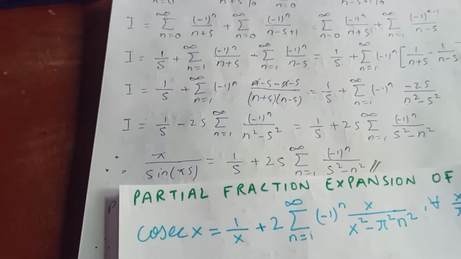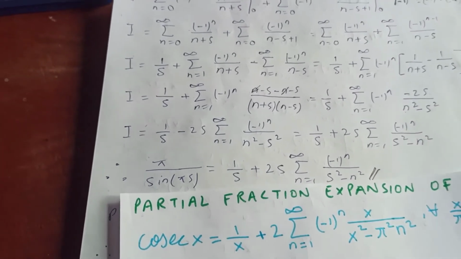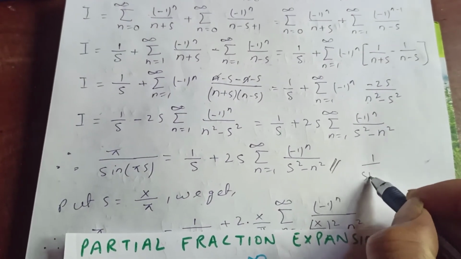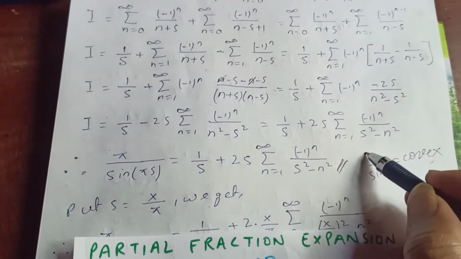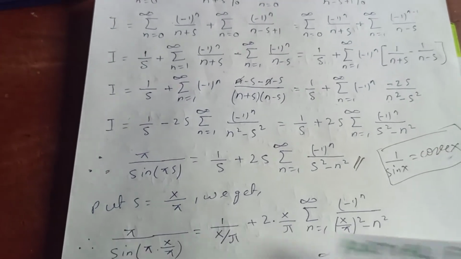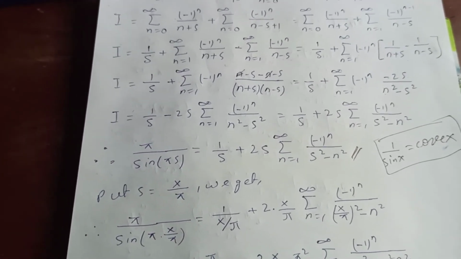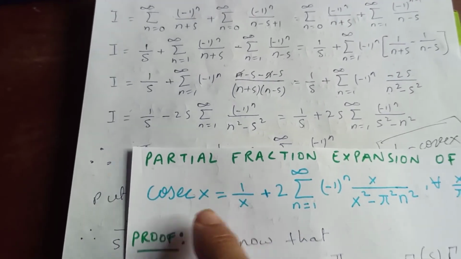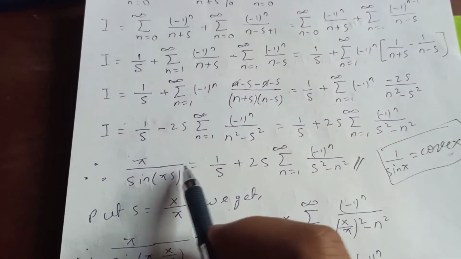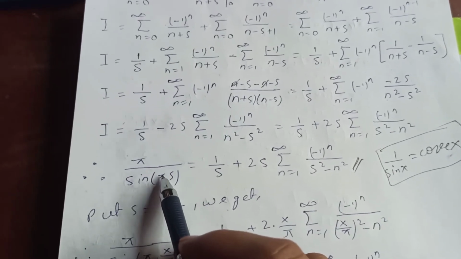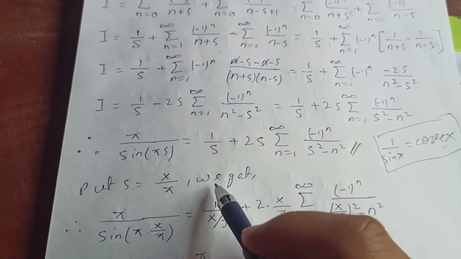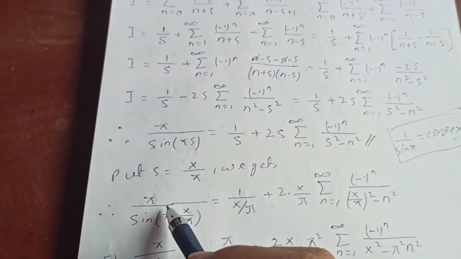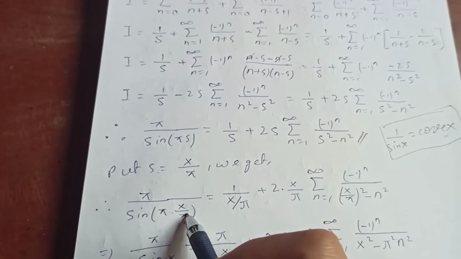So in order to get cosec, always note that 1 over sine x is nothing but cosec x, okay? This is a trigonometric ratio. So in order to get this or cosec, I'm going to substitute. I'm trying to eliminate this pi, okay? Just take out this pi. So in order to take it out, I'm going to substitute s equal to x over pi, right? We get pi over sine pi into s is nothing but x over pi, so that these two can get